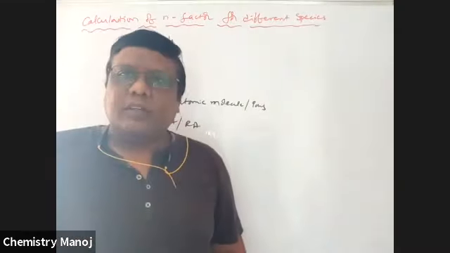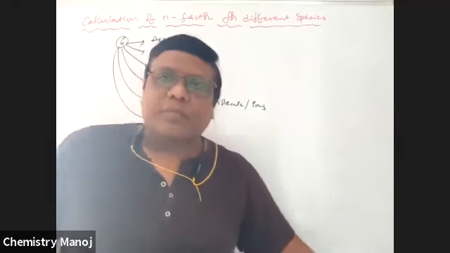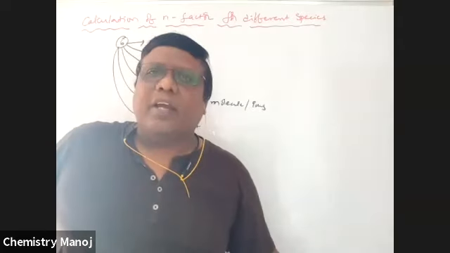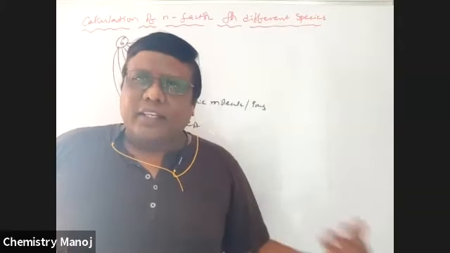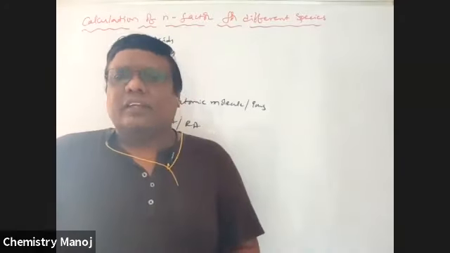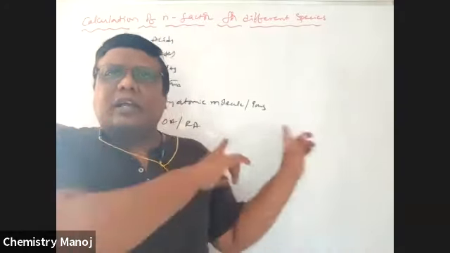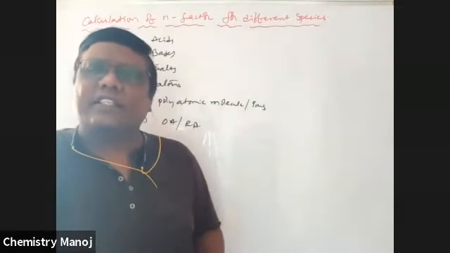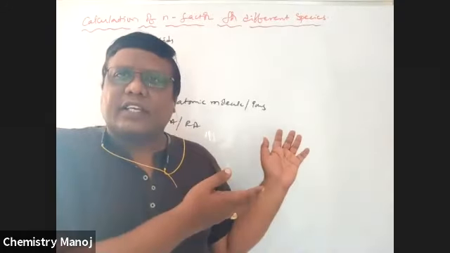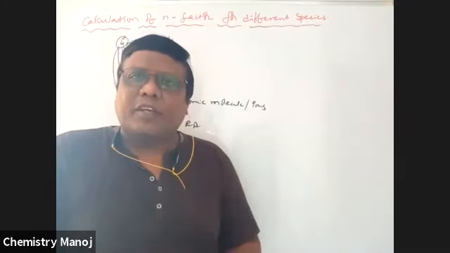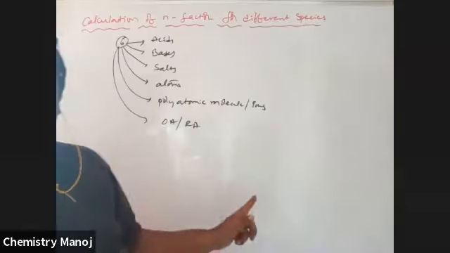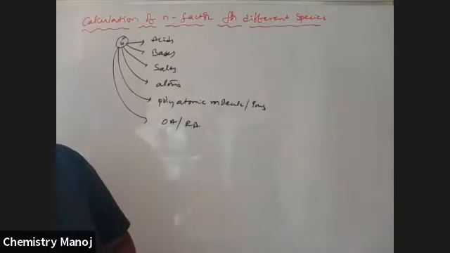So, my dear boys, in chemistry, entire substances are broadly divided like this. Every substance may be an acid, a base, a salt, an oxidizing agent or reducing agent, or any ion or atom. So total chemicals come under these 6 cases. That is why finding the n factor for these 6 cases automatically covers the entire chemistry. So under these 6 heads, how to identify the n factor.